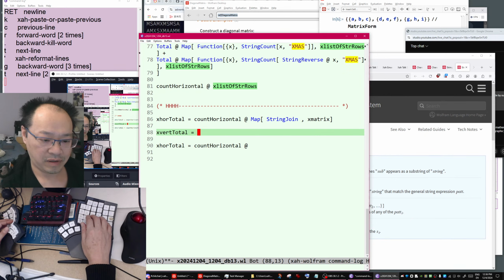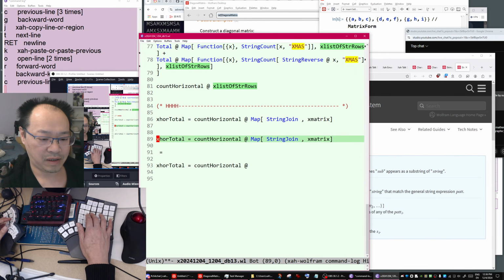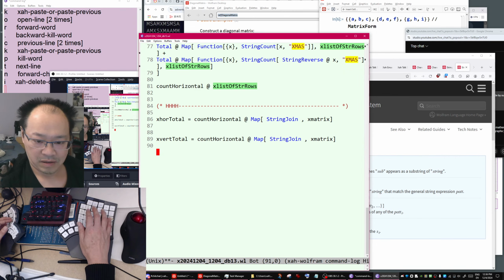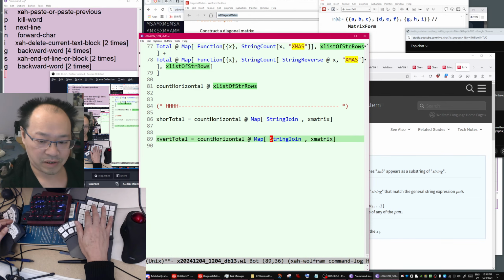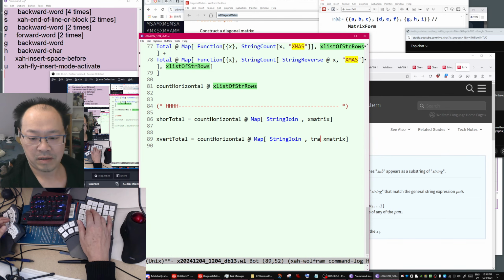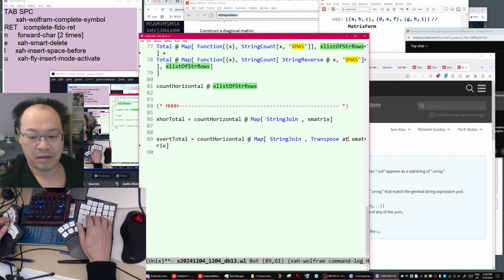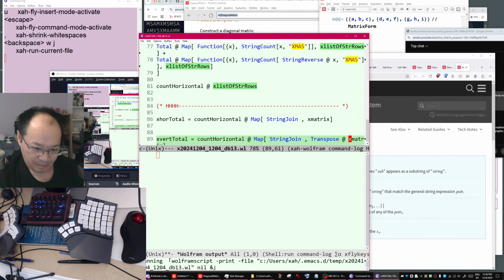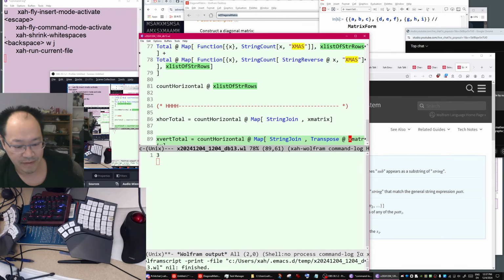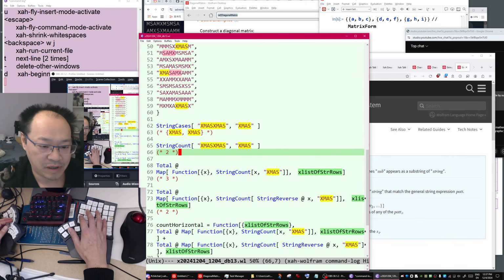Then the vertical total is gonna be kind of the same thing, except you're gonna transpose the matrix. Run it. 3, fantastic. Shall we check?